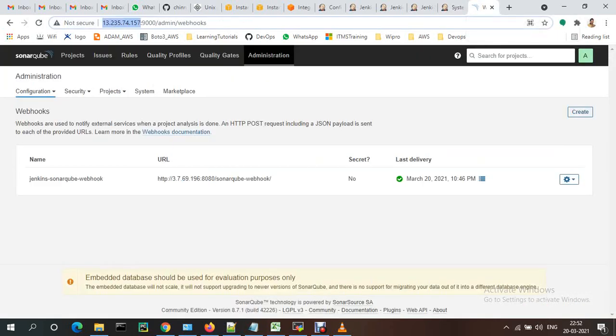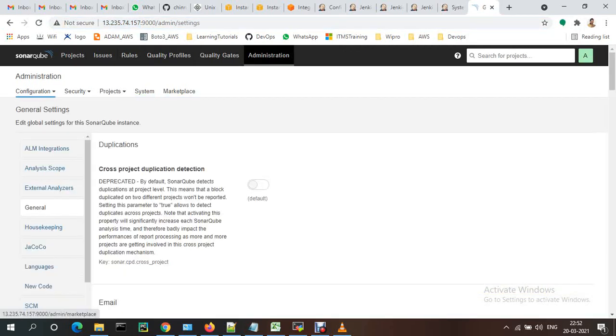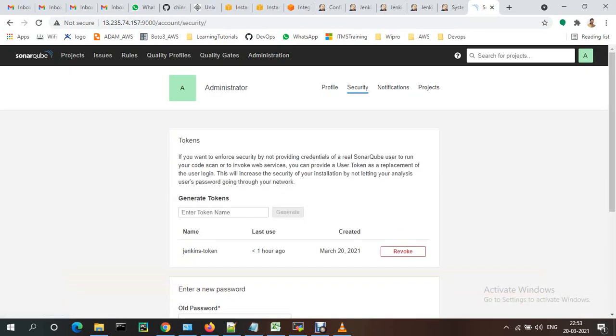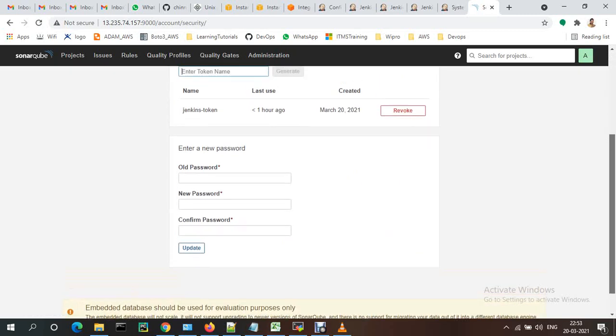Okay, when it comes to SonarQube, under administration, under security, and here my account and security, here you need to generate the token.